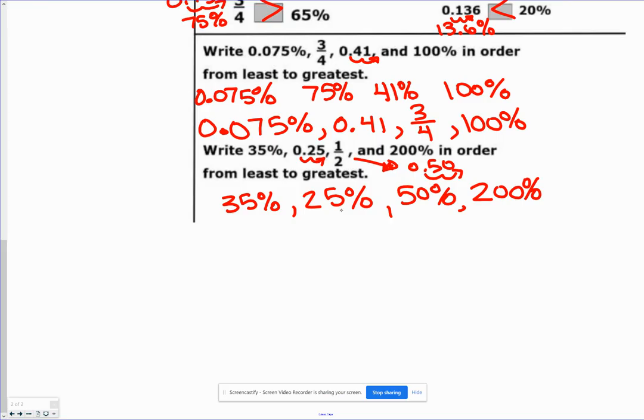All right, what's the least one? 25%, but let's write it as 0.25 because that's what it was given as. The next one, 35%, it was given as a percent. And then the next one, 50%, that was given as 1/2. And last,